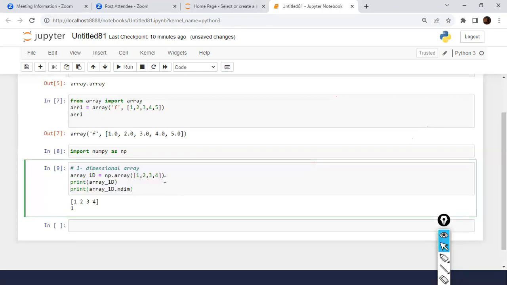Okay, an array is multi-dimensional. It can hold the same type of data in it, and the data will get stored sequentially. For example,